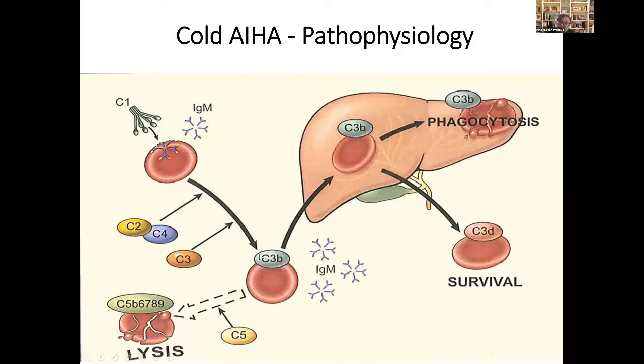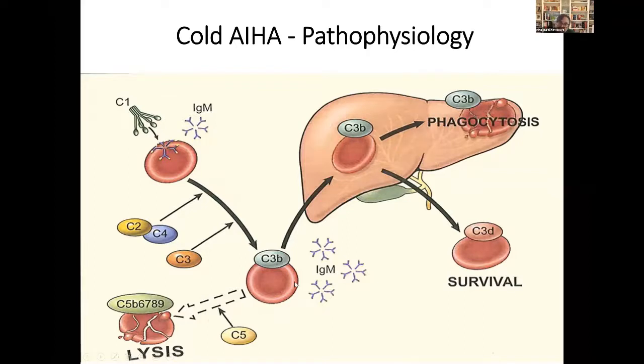That leads eventually to formation of C3b on the surface of red cells, which is where all these complement pathways converge. And then if you remember from warm autoimmune hemolytic anemia, I mentioned that the liver has the C3b receptors. So these C3b-coated red cells are taken up by the liver, get phagocytized, and